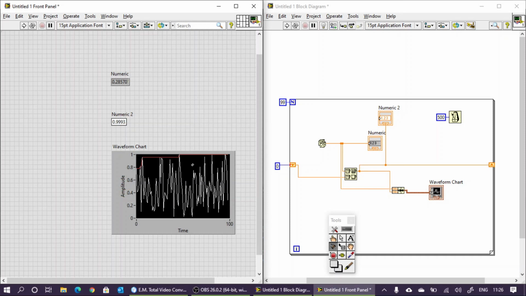As instrumentation and control engineers, our point is we have to display the process variable, control variable, etc. At that point we can use a waveform chart, or we can use a waveform graph also, but a slight difference is that this one is live. Once the waveform is recorded, we can use a waveform graph. Or if you want to draw the phase portrait, then we need an XY graph. In an XY graph, one variable is connected to X and the second variable is connected to Y.